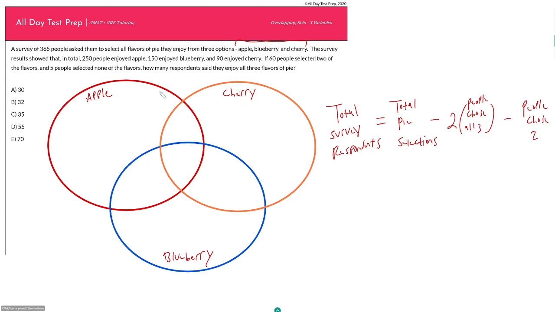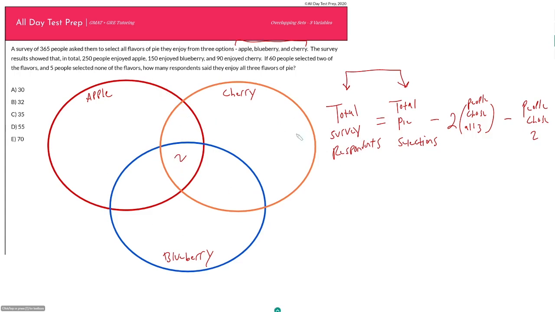In other words, that is the sum of our 3 rings. So why aren't these 2 things equal to each other? Well, the reason is that people could have selected multiple pie flavors, and therefore we double counted a bunch of our respondents. For example, this sector here, we counted that sector here all 3 times when we added up our